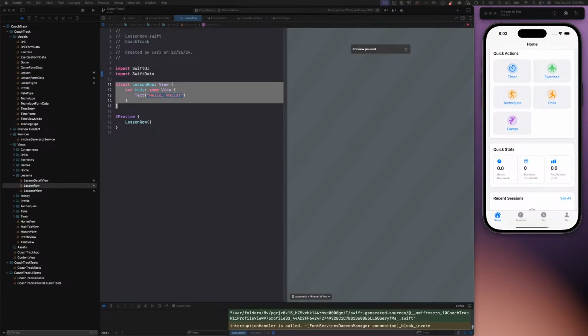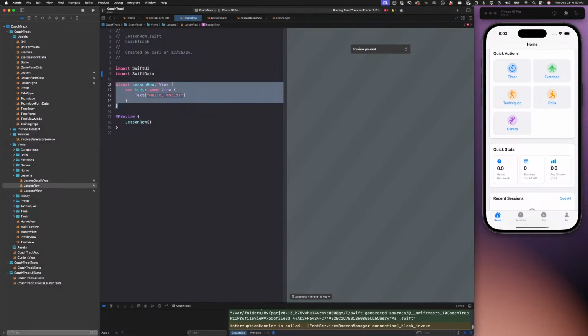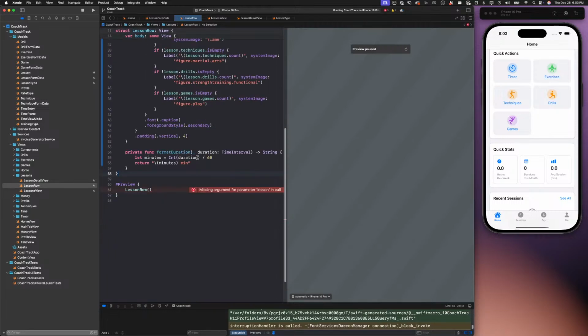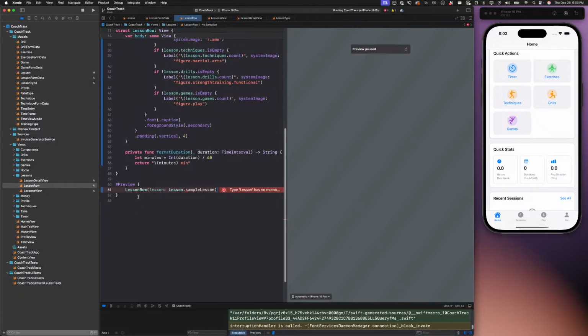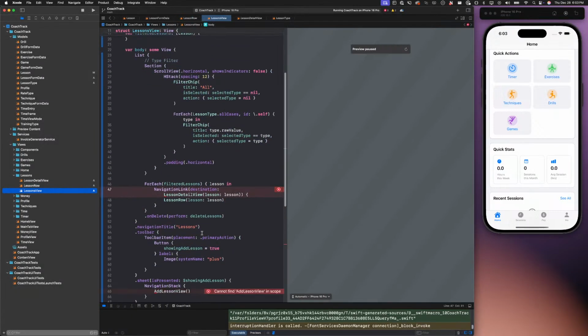And let's go ahead and implement our lesson row. I'm gonna have our sample lesson there. And let's say our lesson view